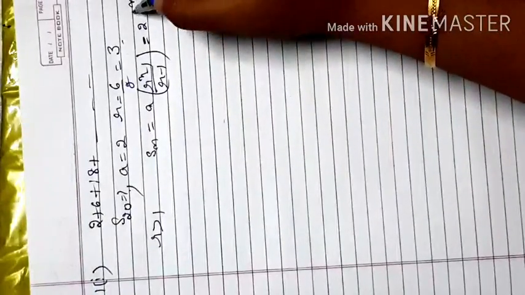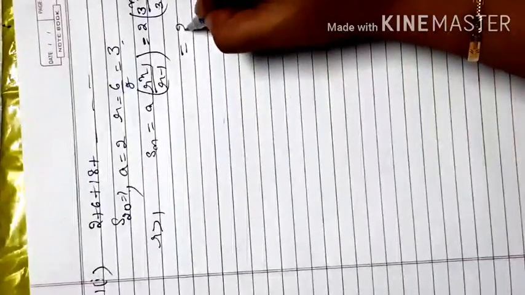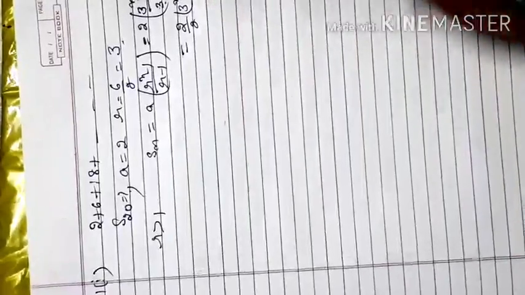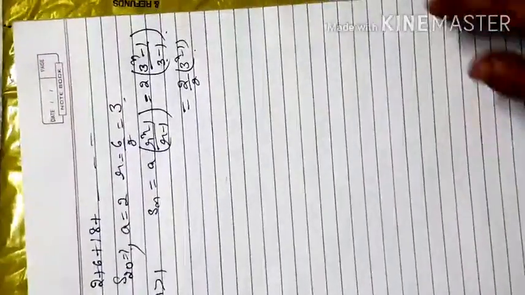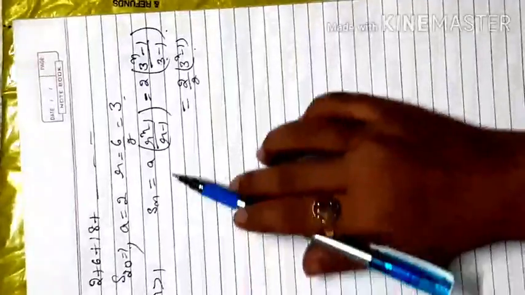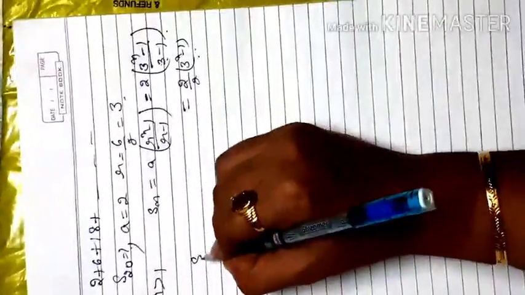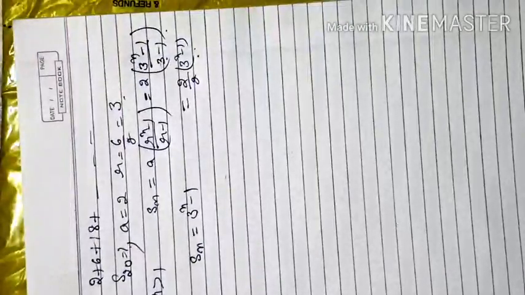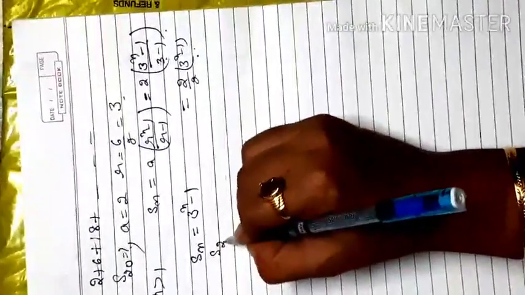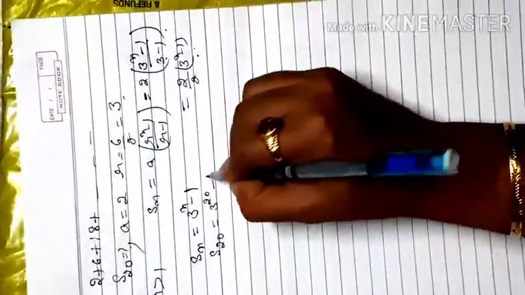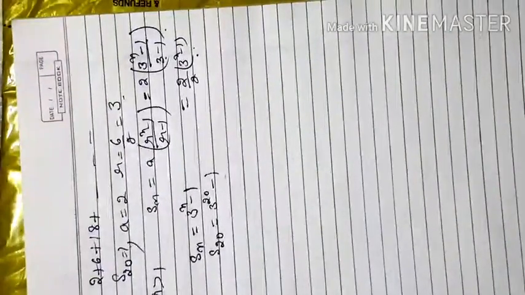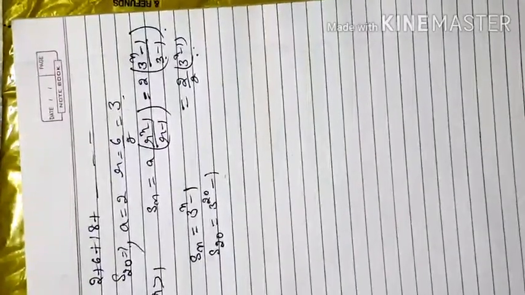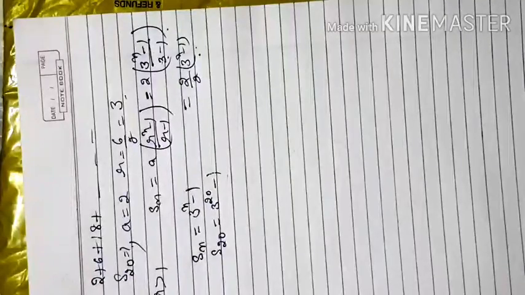then 3 minus 1. So when I solve this, that is 2 times (3^n minus 1) over (3 minus 1), the 2 will be cancelled, and only 3^n minus 1 will be left. So this is the formula generated for the sum of n terms. The sum of n terms formula is only 3 raised to power n minus 1. But if I have to find the sum of 20 terms, that will be 3 raised to power 20 minus 1. Here there is no need to multiply 3 twenty times. We just put the value in place of n, 3 raised to power 20 minus 1. So that is the condition.